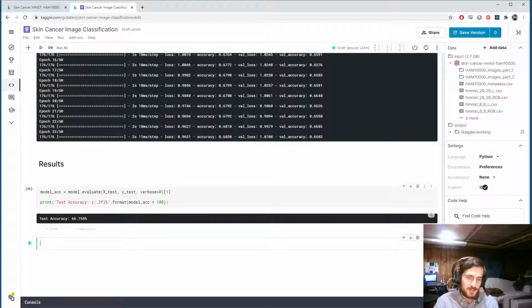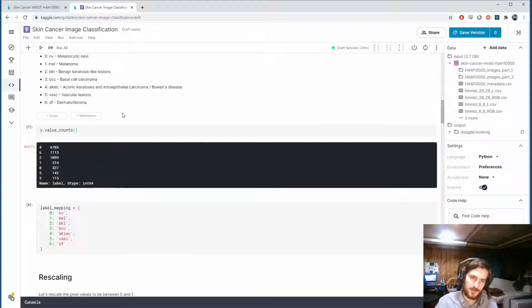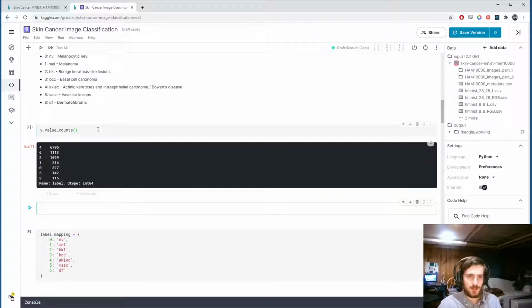Alright, so we got a 66.75% accuracy, and it's not too bad, but we have to remember the classes are really skewed here. So 66% accuracy is not necessarily good, because if we consider this is probably about 66% of the data alone. So let's say we guess 4 every time, we're still getting 66% accuracy. I think if we divide this by the length of y, we'll actually get the percentage. Oh wow, it's actually almost exactly 66. So our model may not be doing well at all,